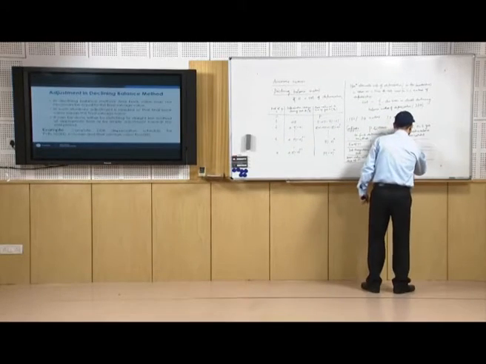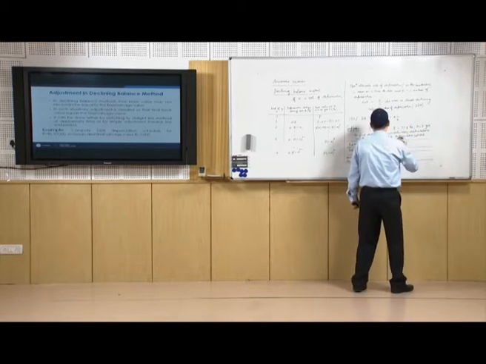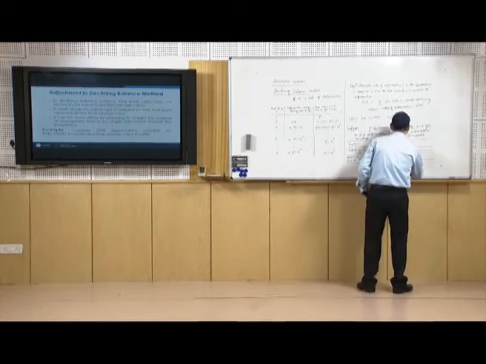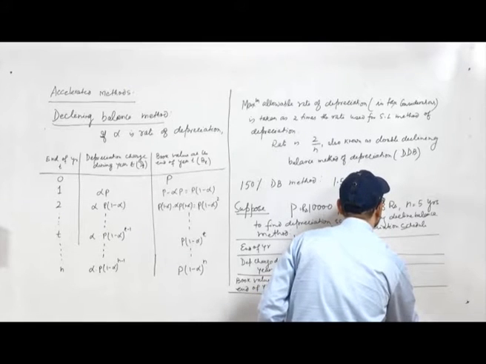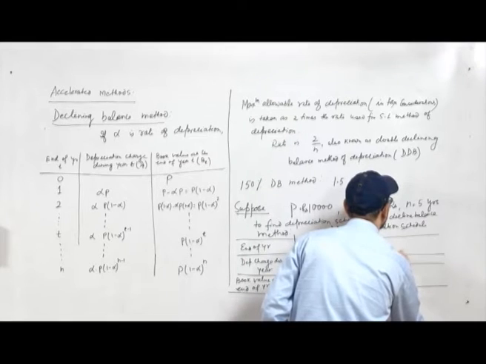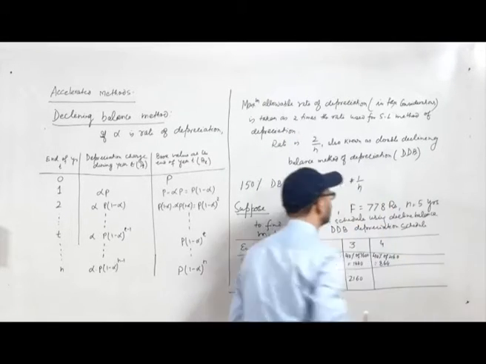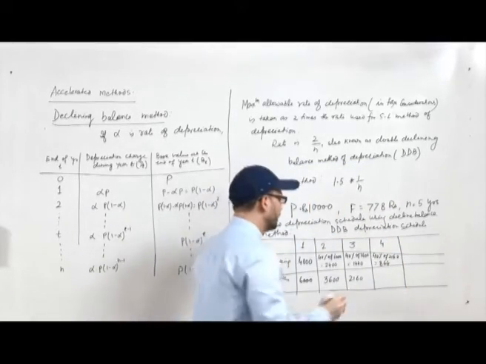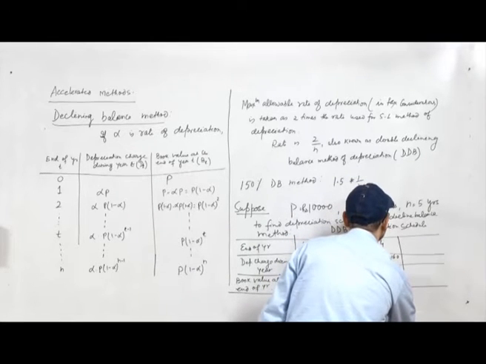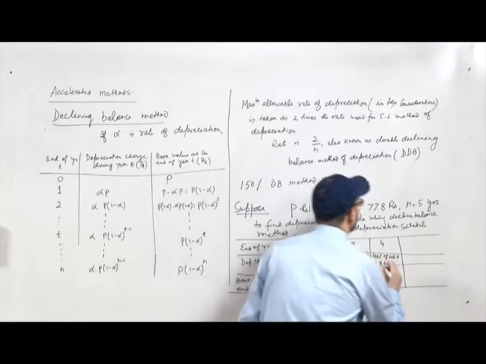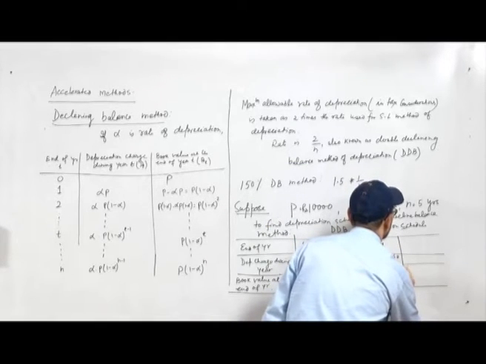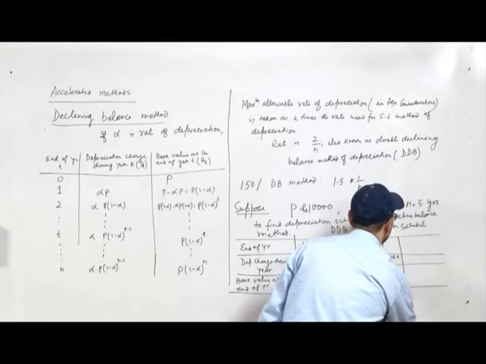In the fourth year, again during the fourth year the depreciation charge will be 40% of 2,160, that is 864. So, the book value at the end of fourth year will be 2,160 minus 864. So, it is 1,296,